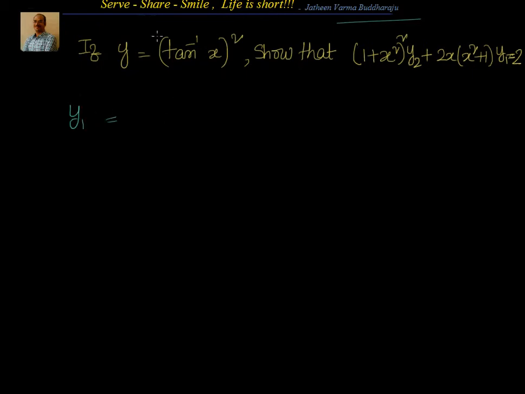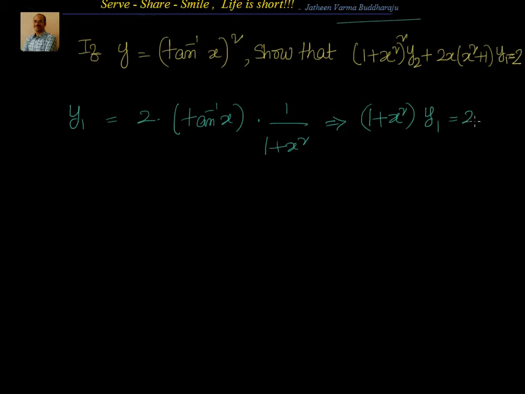y1 equal to, at the high level, power rule: n into x to the power of n minus 1, that is 2 into tan inverse x whole to the power of 1, and the derivative of tan inverse x is 1 by 1 plus x square. So can I go ahead and say 1 plus x square into y1 is equal to 2 into tan inverse x. So it's always better to